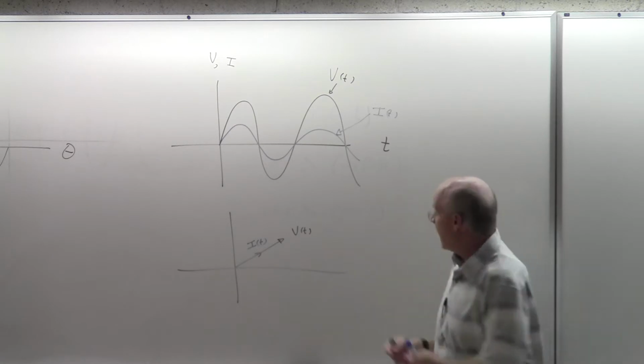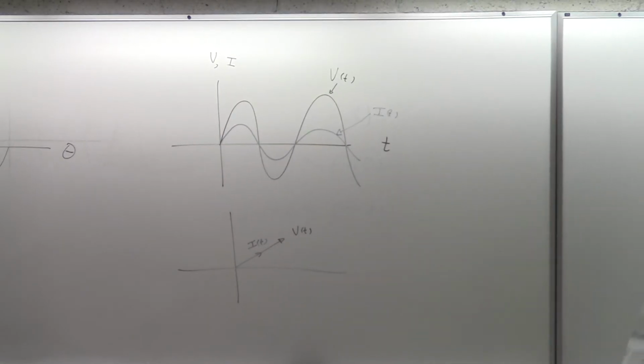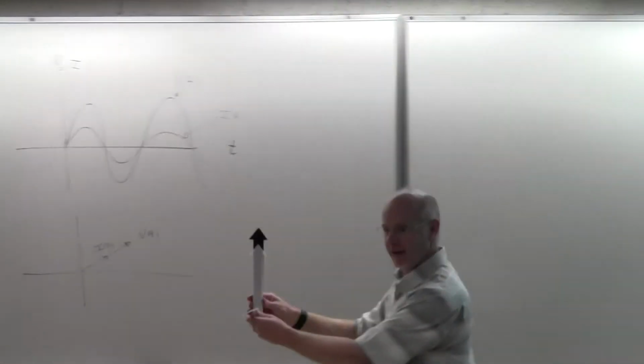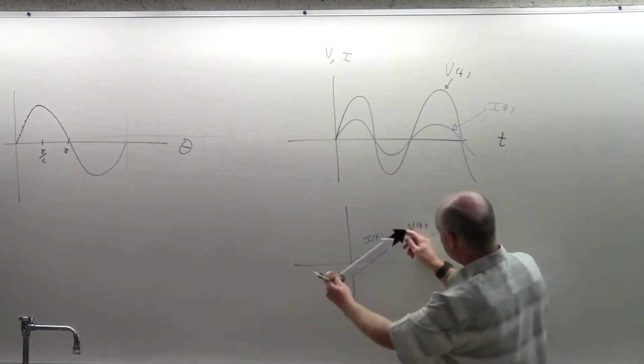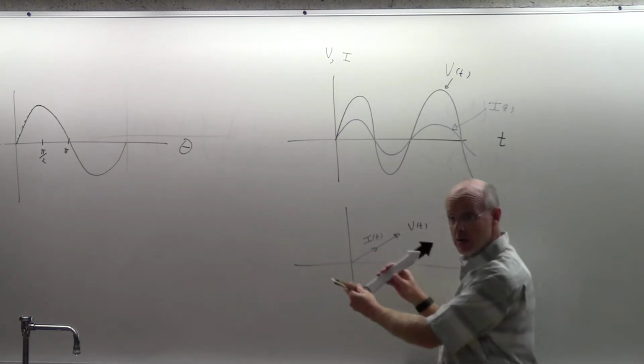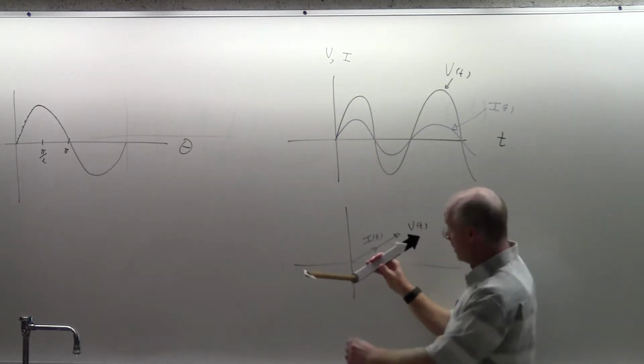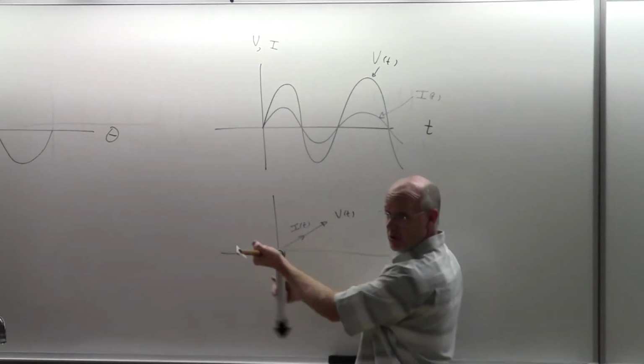Spinning. And again, it's hard to show that spinning. That's why I like this. The black one is the voltage. The white one is the current. As time goes along,